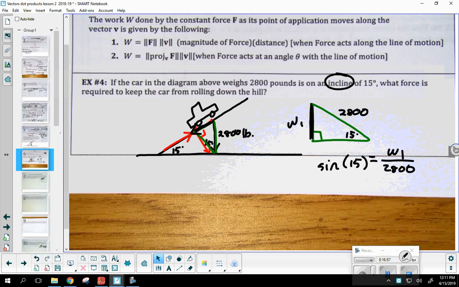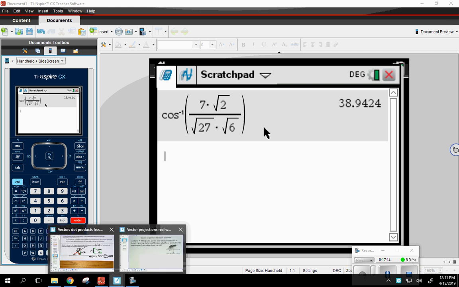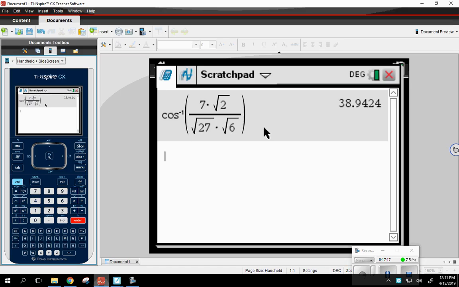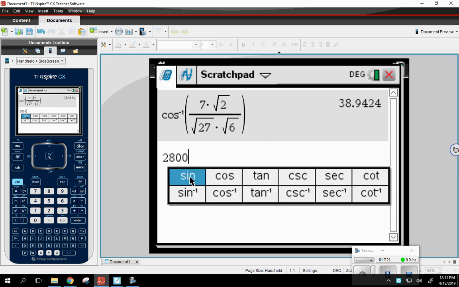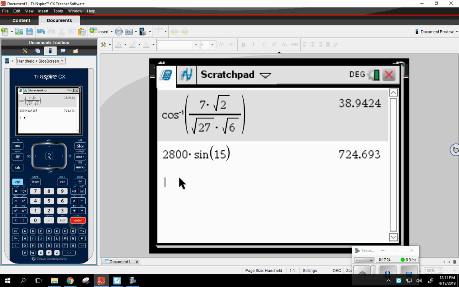How about I solve this? Multiply through by 2,800. There you go. When those cancel, we're going to have what we need: 2,800 times sine of 15. Let me go back real fast. So 2,800 sine of 15. What I found here was that the car is wanting to roll down the hill with 724.7 pounds